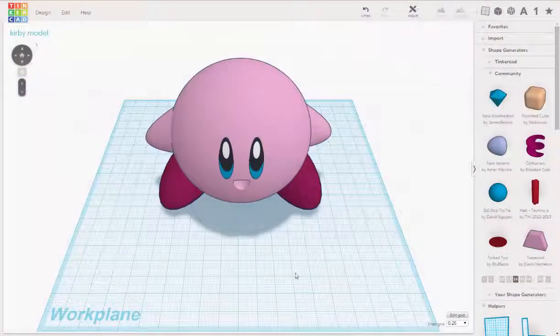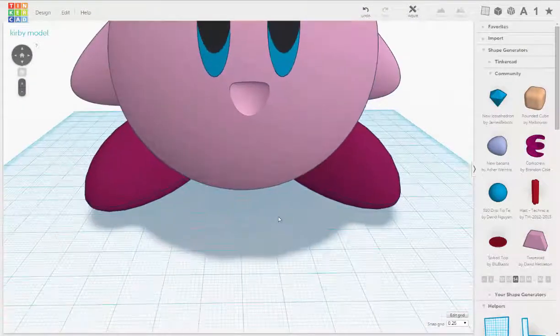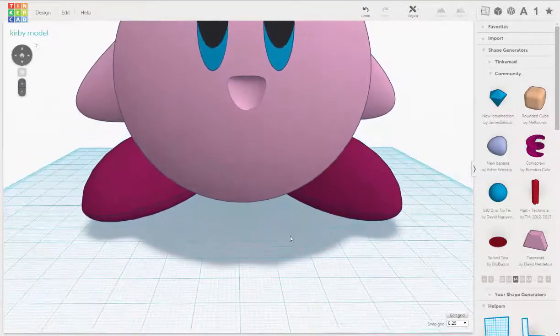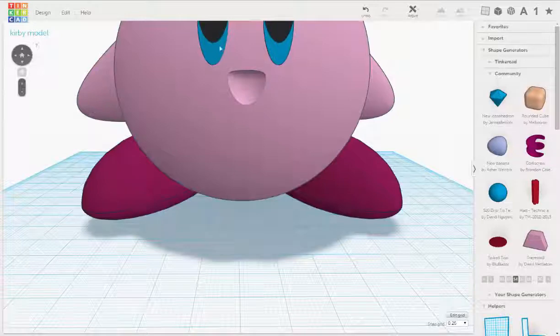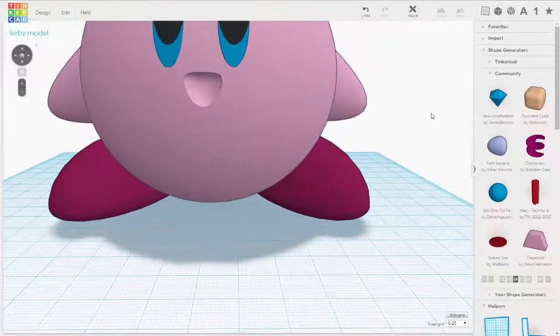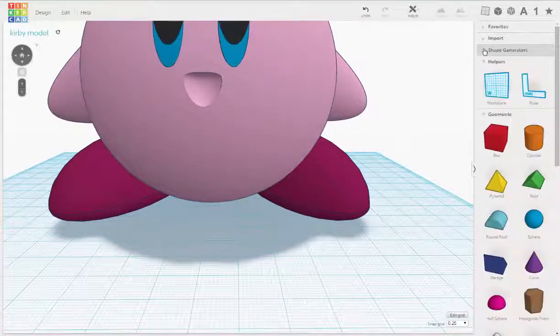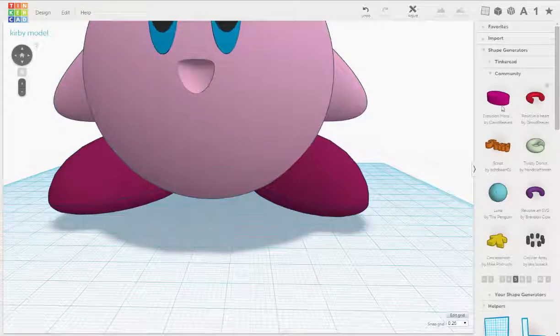All right, so let's get in and create his cheeks. If we look at our reference, he's got these hemispherical shaped cheeks. Since we can't color things in, we're going to do basically the same thing that we did with his eyes. So let's close our shape generator tab. Okay, so we'll go over to our